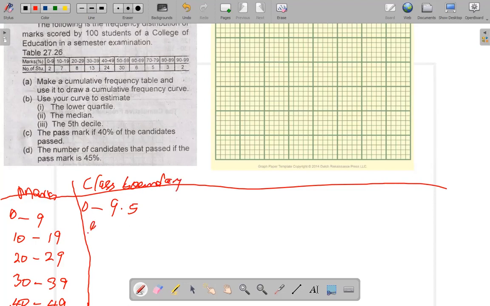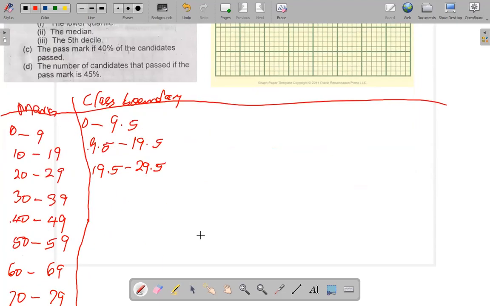Okay, 9.5 to 19.5, 19.5 to 29.5, 29.5 to 39.5, and 39.5 to 49.5,